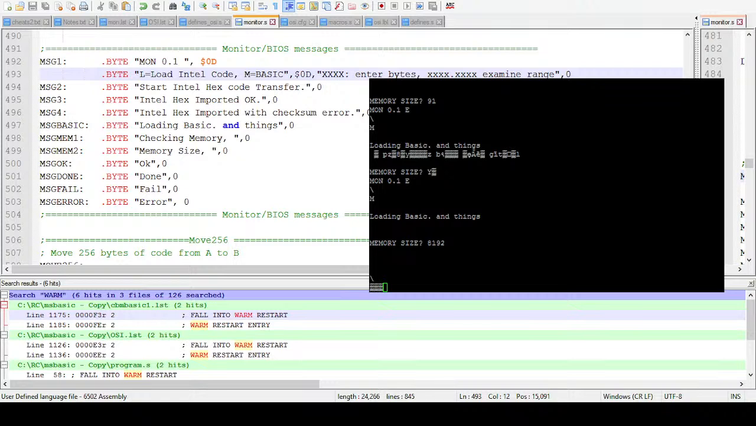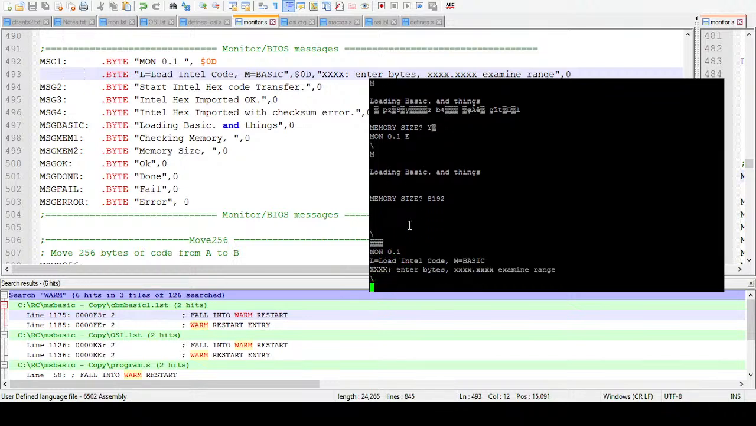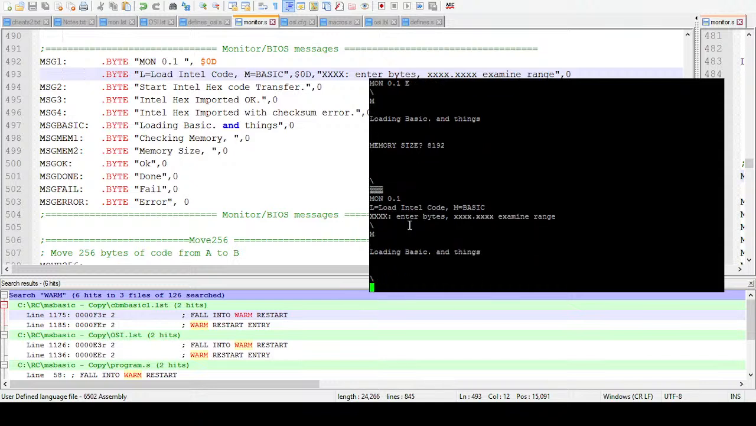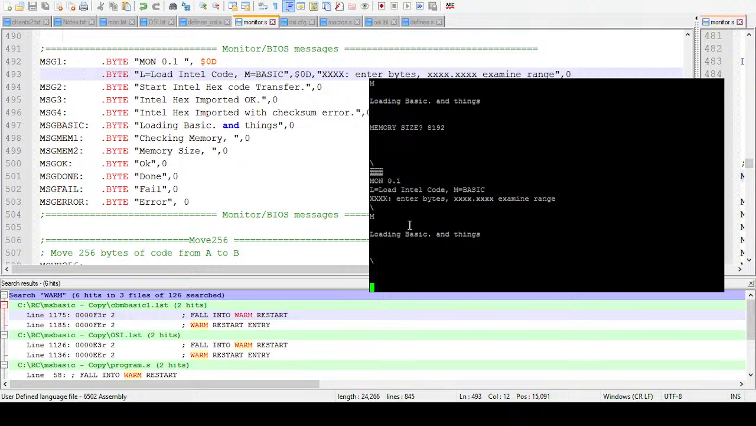Okay, so after this bit of chasing my tail, we will go attack the brake handler and see if we can get it to work for us as well. So loading basic and things didn't work, and